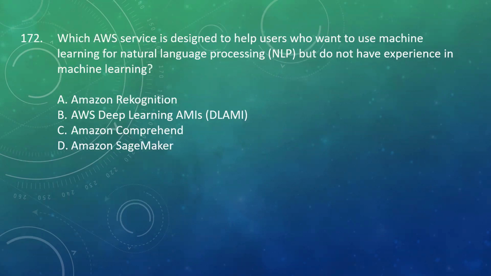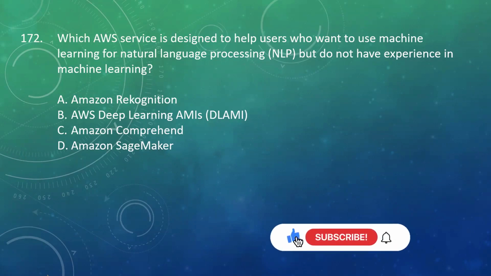Question number 172 of the series. Which AWS service is designed to help users who want to use machine learning for natural language processing (NLP) but do not have experience in machine learning? AWS Recognition, AWS Deep Learning AMIs, Amazon Comprehend, Amazon SageMaker. And the correct answer here is Amazon Comprehend, which is an AWS service designed to help users who want to